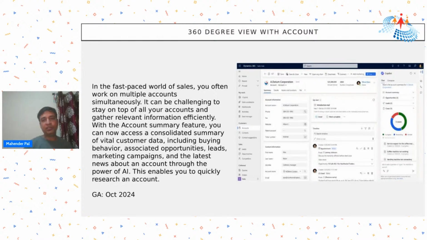So depending on the situation, you may be dealing with different customers, right? And if you want to get a quick overview of the account, or you quickly want to see what is happening on this account, and all the other related entities, you can see that under the account summary. You can see here under the chart, it will give you a quick graphic as well. It's a kind of data insight that tells you what is happening with your